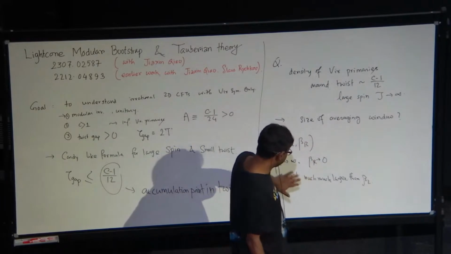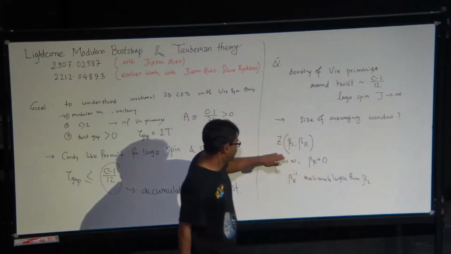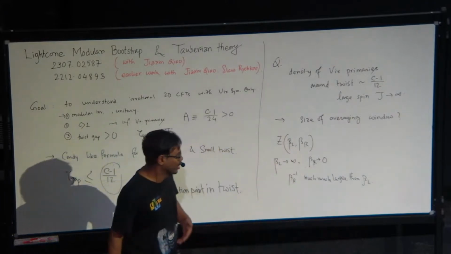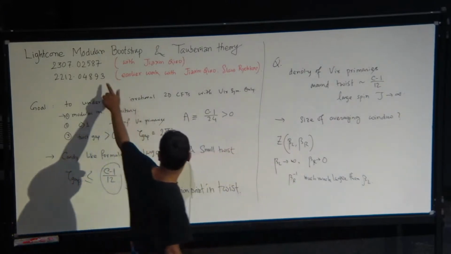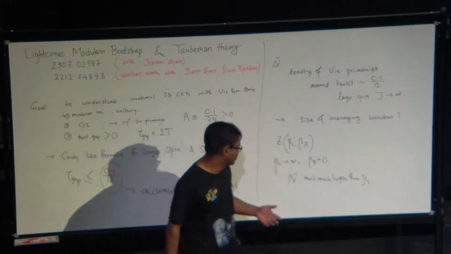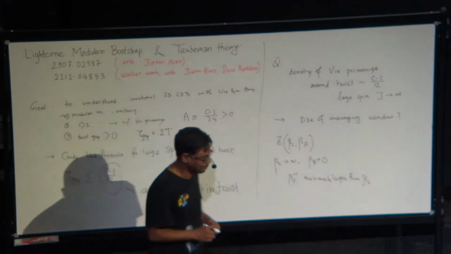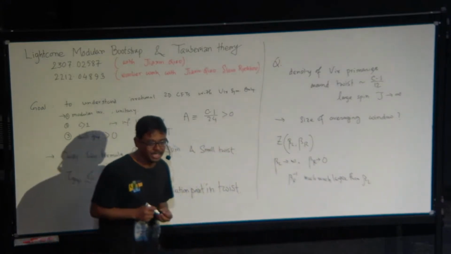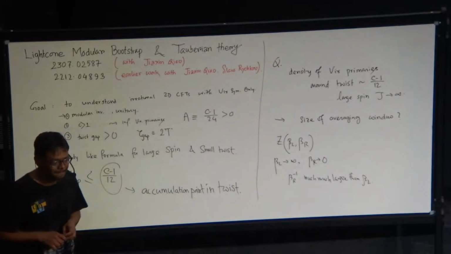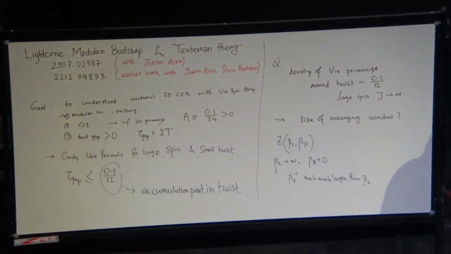And of course, in this perspective, when you say that in the dual channel this thing is dominated by the vacuum, you can make it more precise, which has been done in this paper. So some of our estimates, which I will show, will involve a more precise version of this limit. Okay, is there any question at this point? Good.